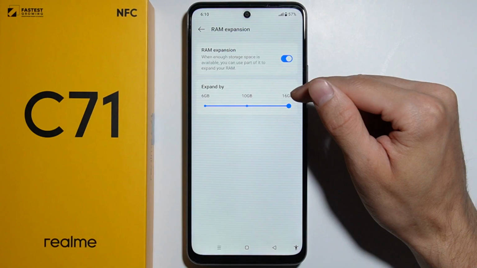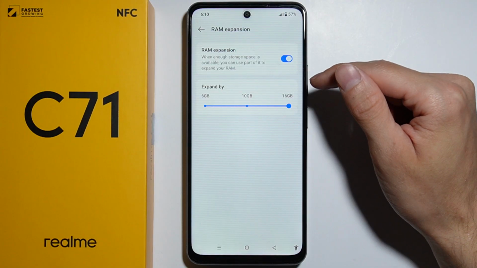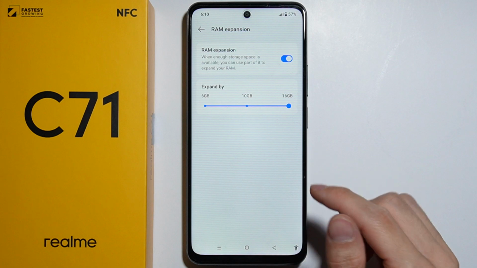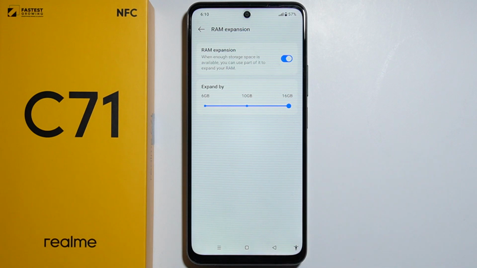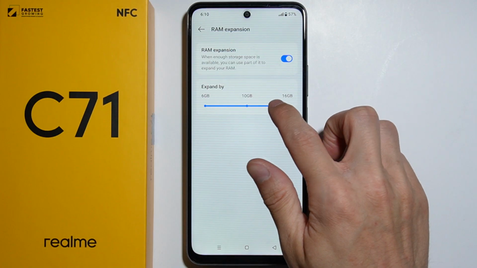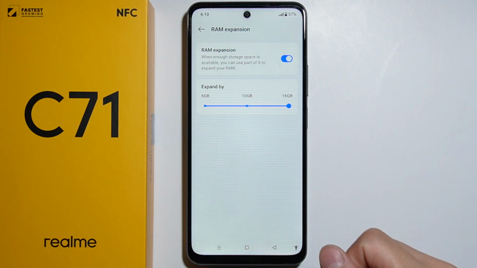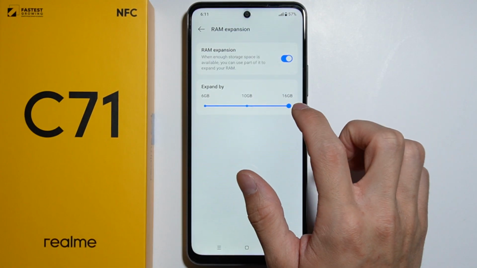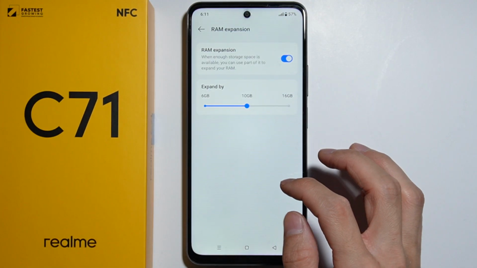As you can see, here's a switch to enable the RAM expansion. It might be enabled by default, I'm not sure though, but if it's not enabled, simply press the switch to enable the RAM expansion, and now you can set by how many gigabytes you'd like to expand your RAM memory. So here I currently have selected 16 gigabytes. You can set it to 10 gigabytes or 6 gigabytes, and after you set any of these amounts right here,